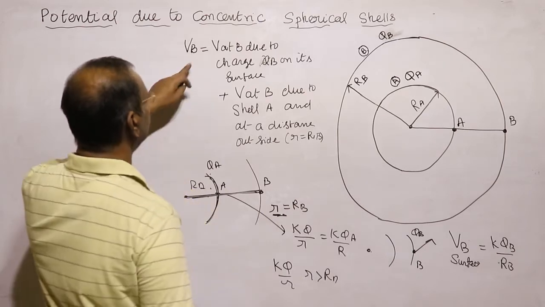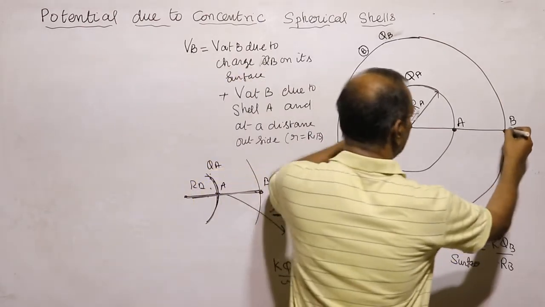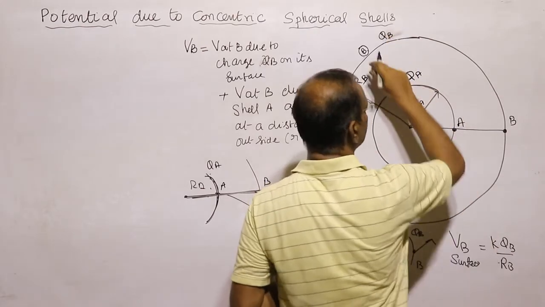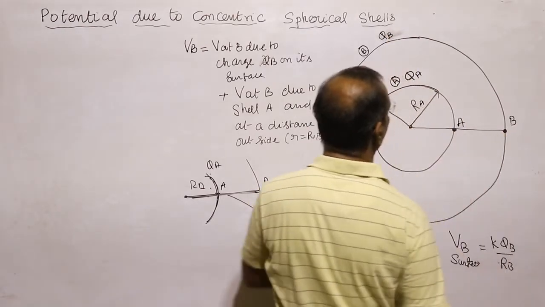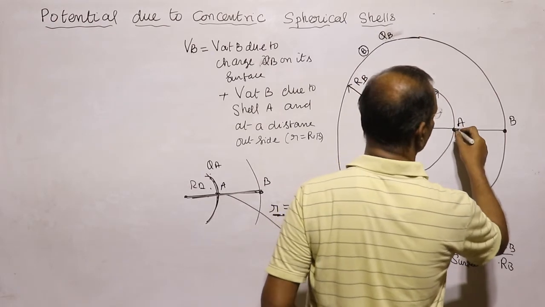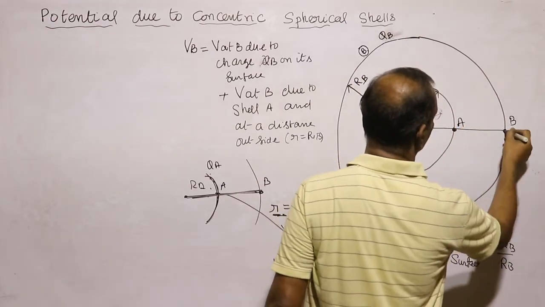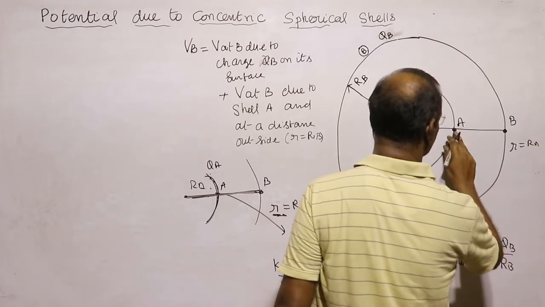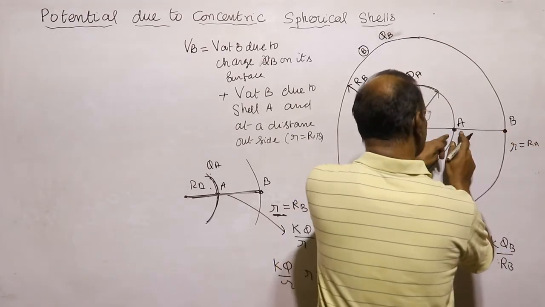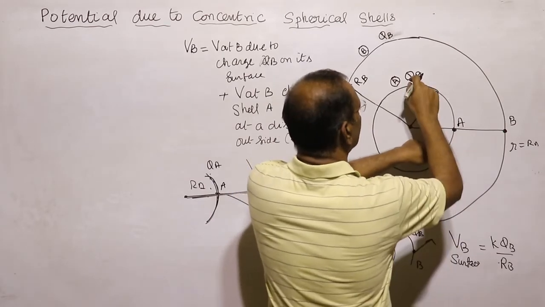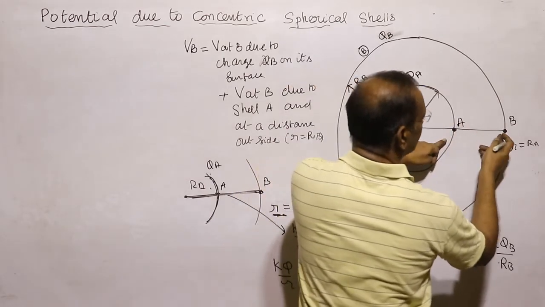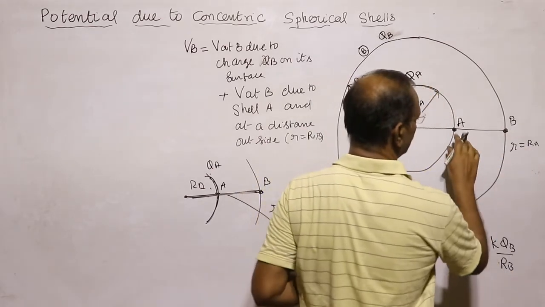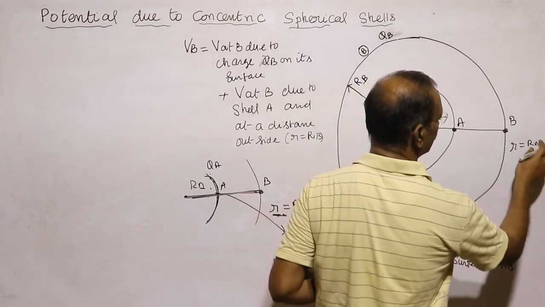So we are interested in potential at B. So potential at B is equal to the potential due to this charge, which is at a distance RB, and the potential due to this one, which is outside this shell, where here R is equal to RB, because for this it is outside. At this point, this shell is also having a charge and it will give a potential outside of it,